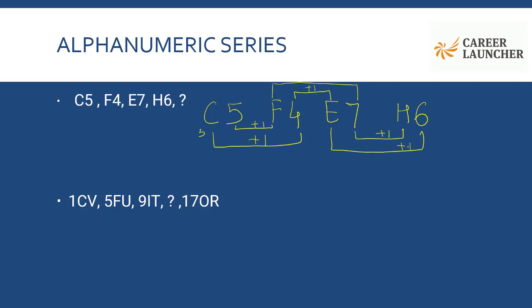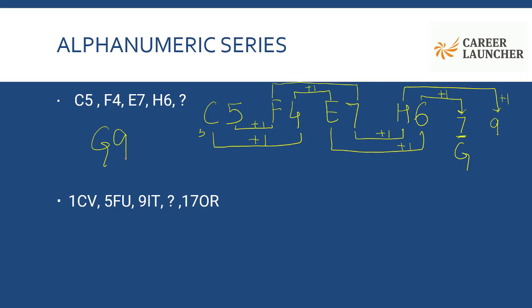So now moving in the same pattern, 6 plus 1 is 7. H is the 8th place alphabet, plus 1 gives me 9. But as we are seeing in this series, we are keeping the first element of the first term as an alphabet. So in place of 7, we would rather have the 7th alphabet. So our answer should be G, 9.